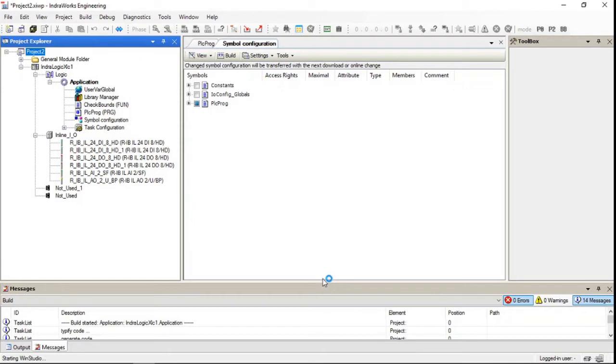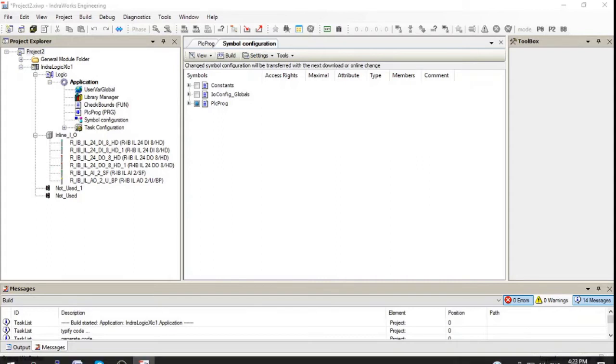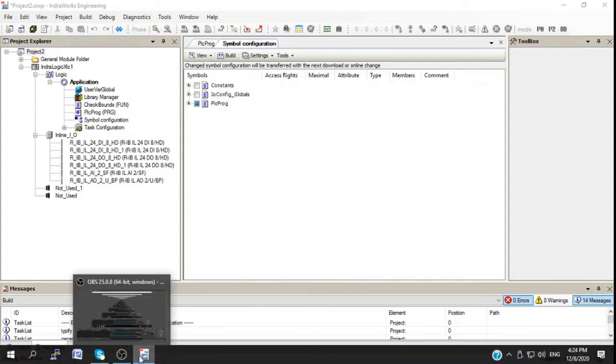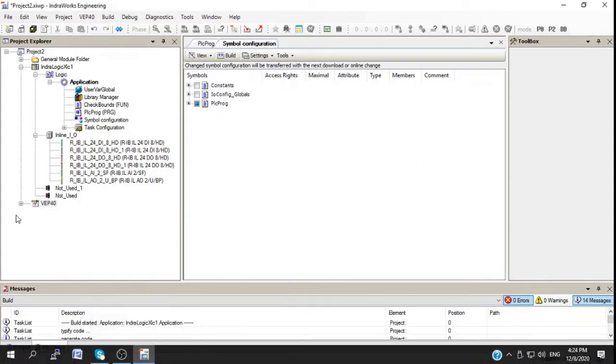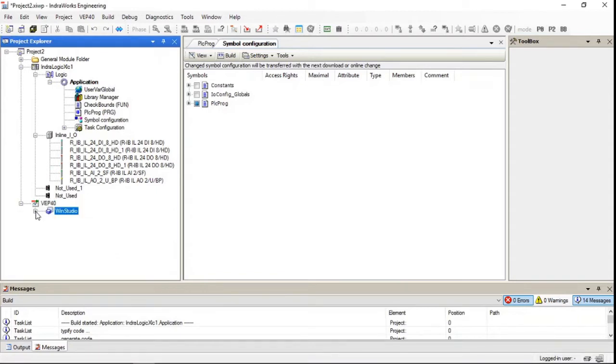So now the SCADA software will be added in the project. Once the SCADA software is added, so here under the variable,